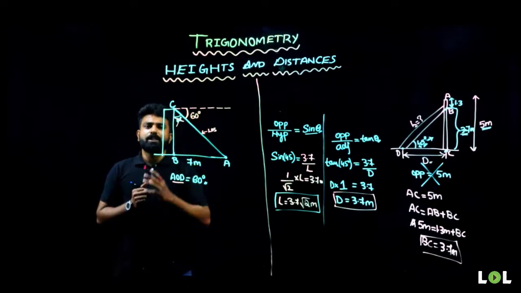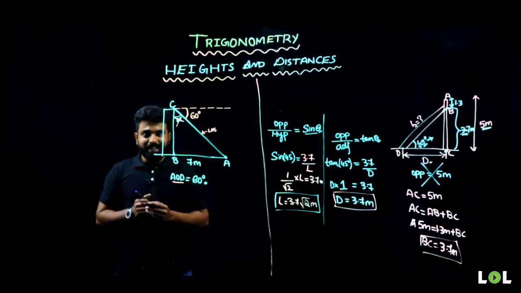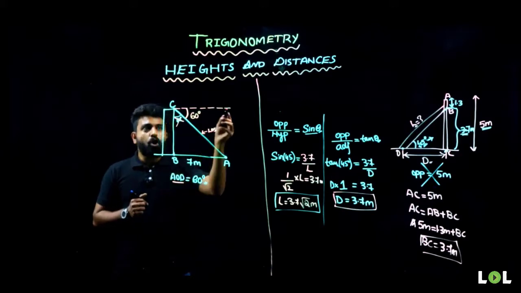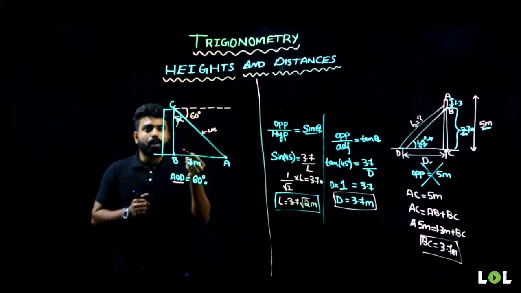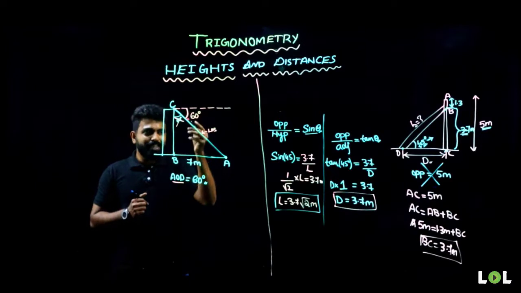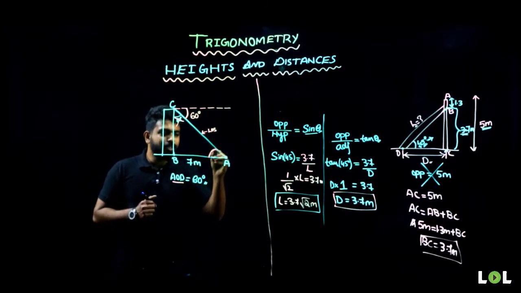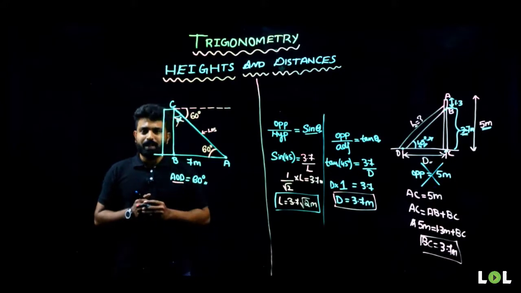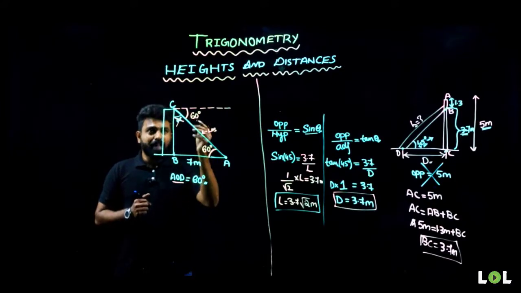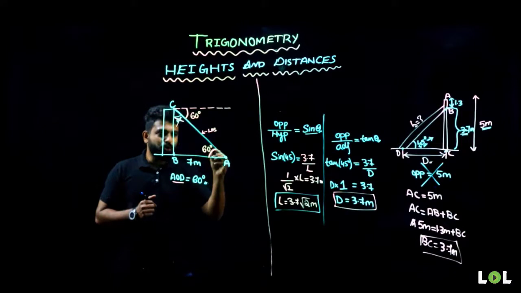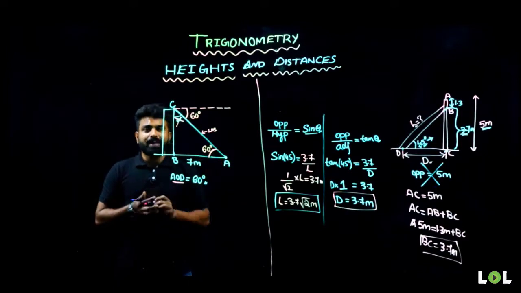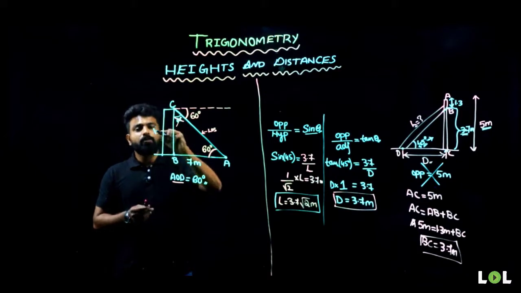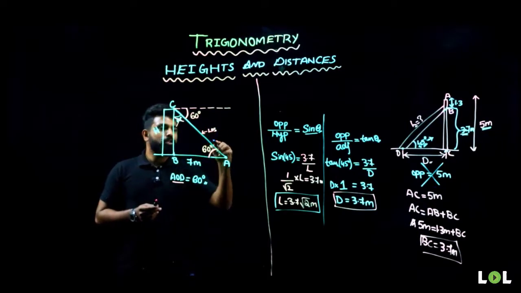Now, how do we solve this problem? If this is 60 degrees, by geometry we know that alternate angles are equal. Which is the alternate angle to 60 degrees here? This angle is the alternate angle, so this will be 60 degrees as well. So from geometry, alternate angles are equal, and even this angle will be 60 degrees. Now if they ask you to find the height of the building or the length of the wire,